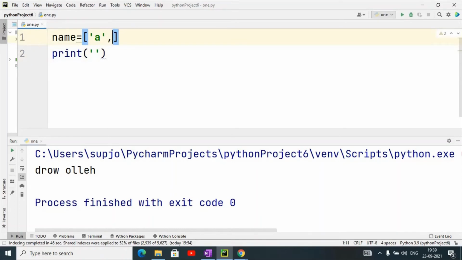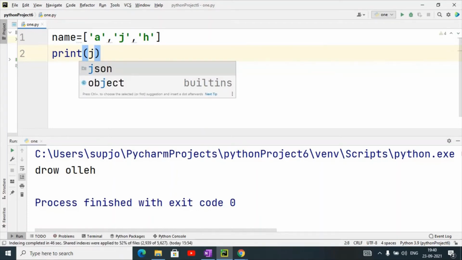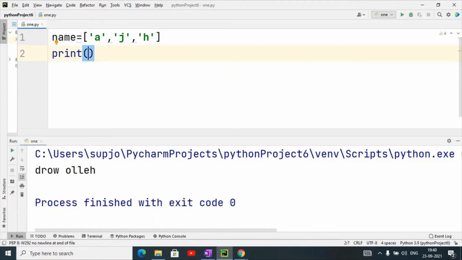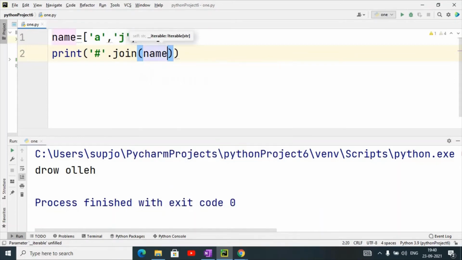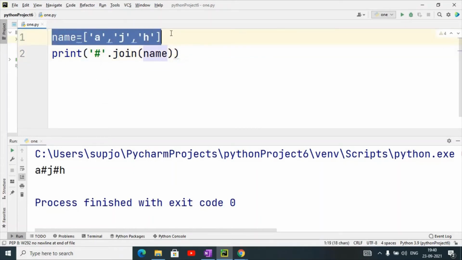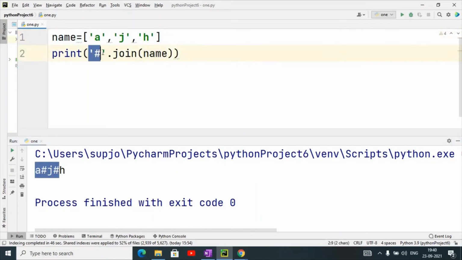A, J, H. Suppose I have a list like this, then I will use this join method: string dot join, and if I type name here, then what it will do is convert this iteration, that is the list, into a string with the given particular string.